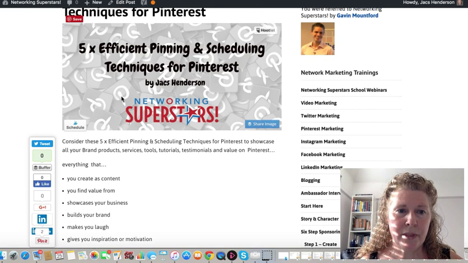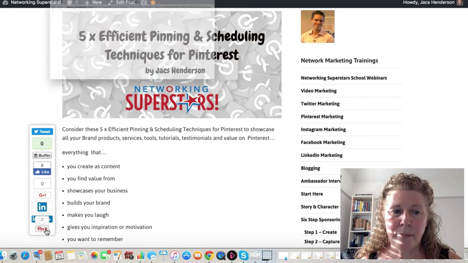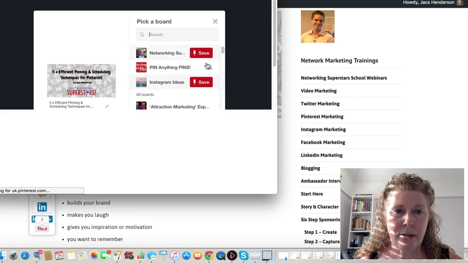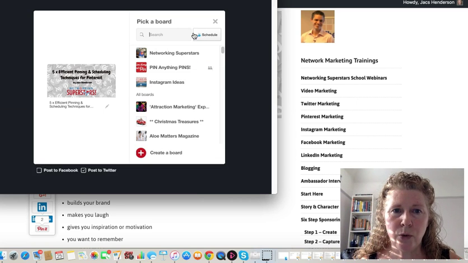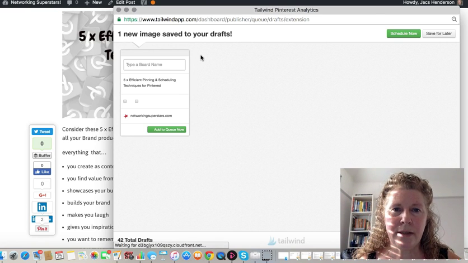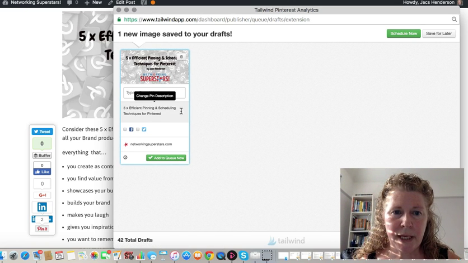I can either click the image and the scheduling for Tailwind will come up, or I can press the pin it button, and if you have the Tailwind account, you'll see it also shows up here. So if I click the schedule from there, now you'll be able to see the differences here. Okay, we get the same image come up, we get the same text come up,